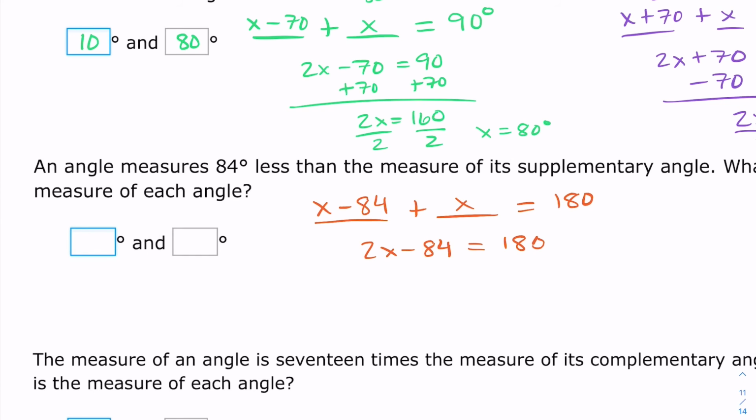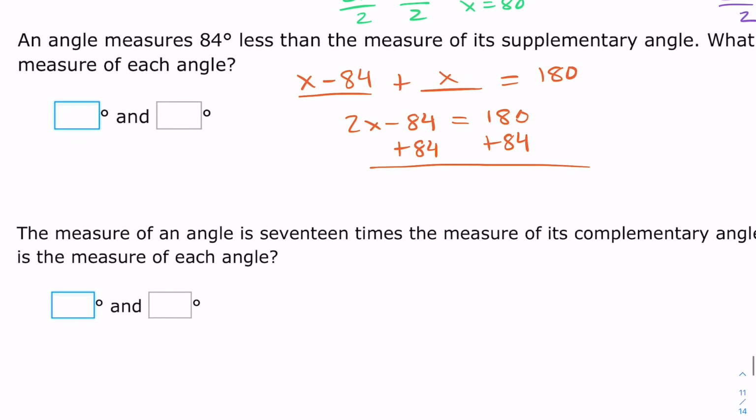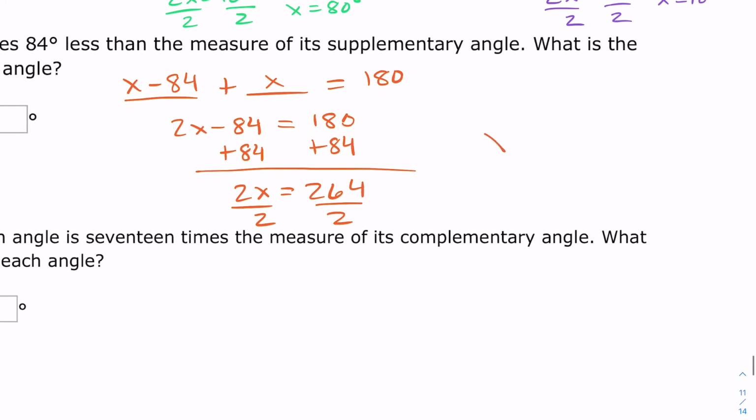So now I add 84 and get 2x equals 264. I'll divide both by 2, and I get x is equal to